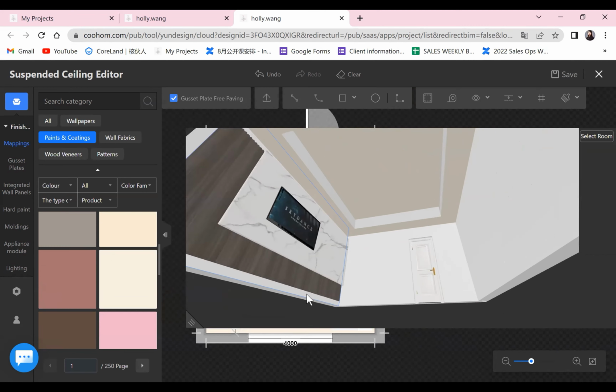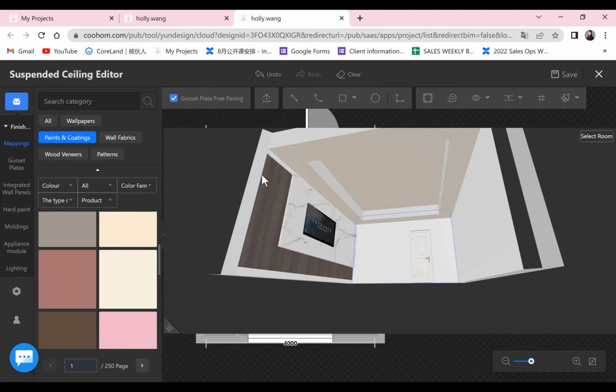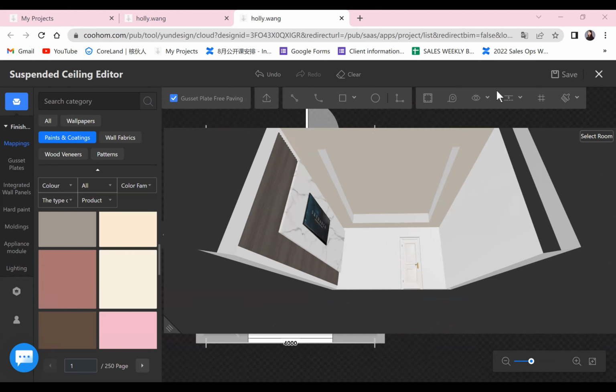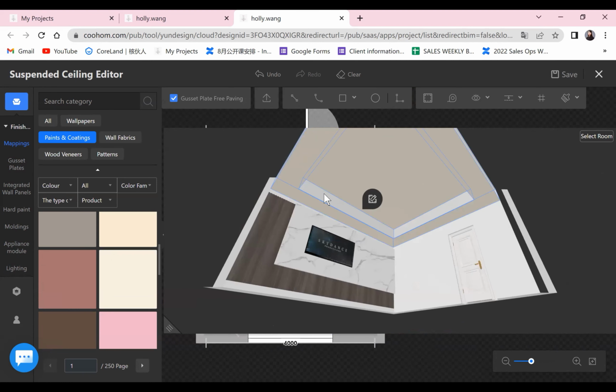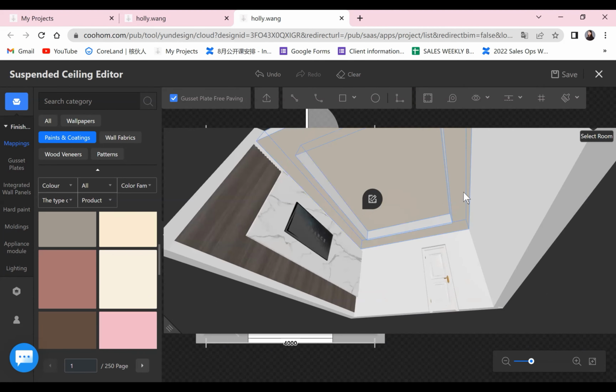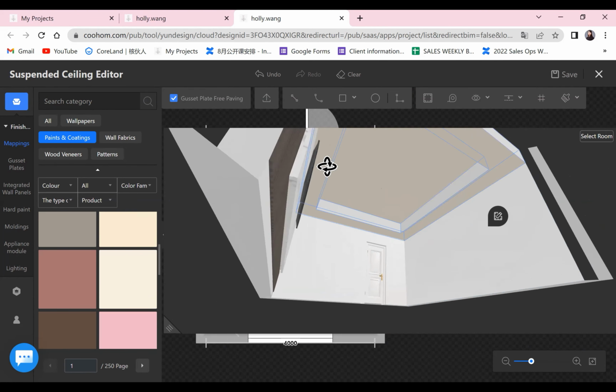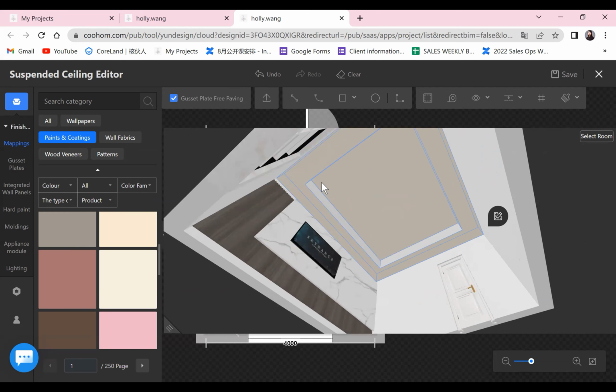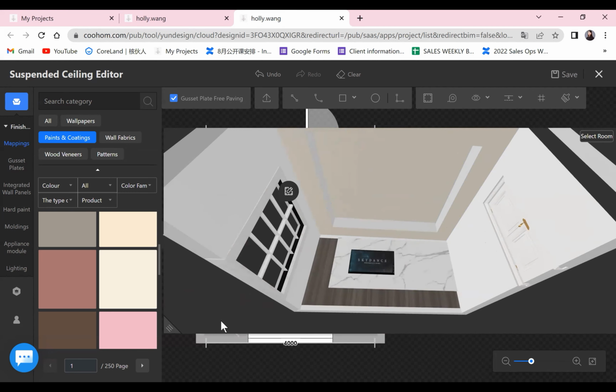But if I go to the 3D view, you can actually see here is with the paint, here is with the paint. But this part is still white. There's no paint on this part, so it won't look very good. And how can we paint this part?